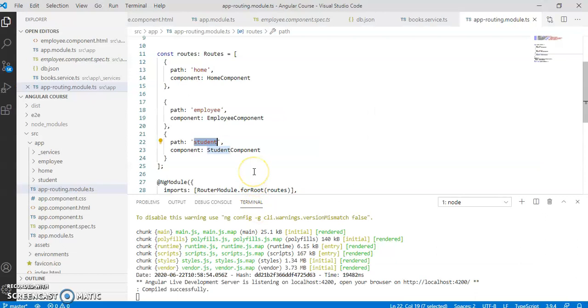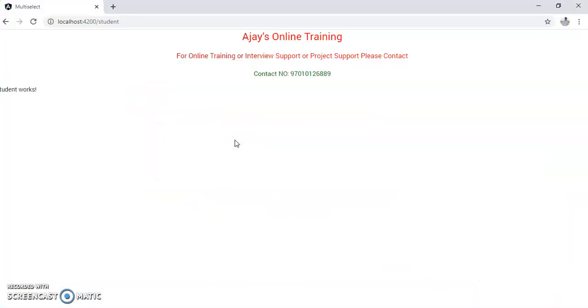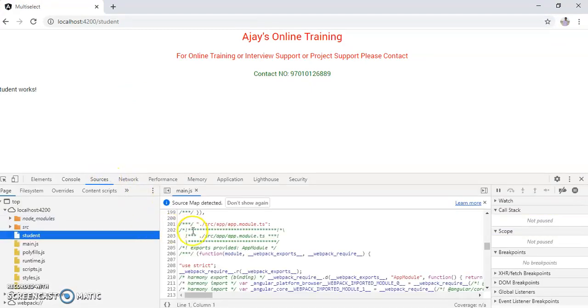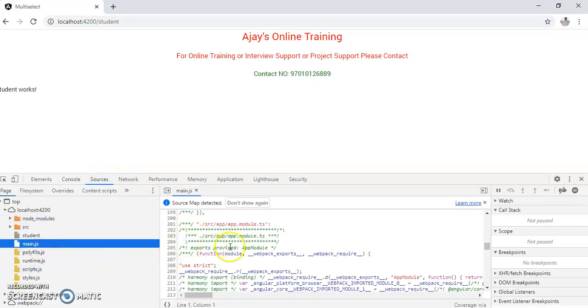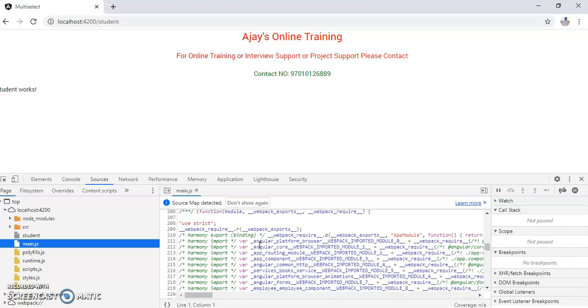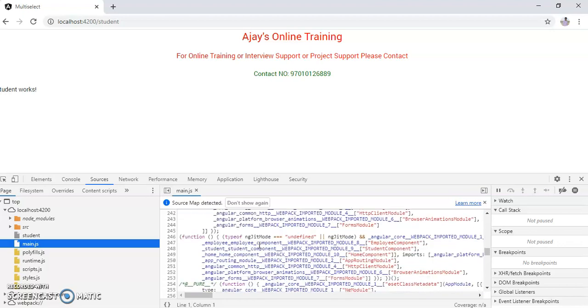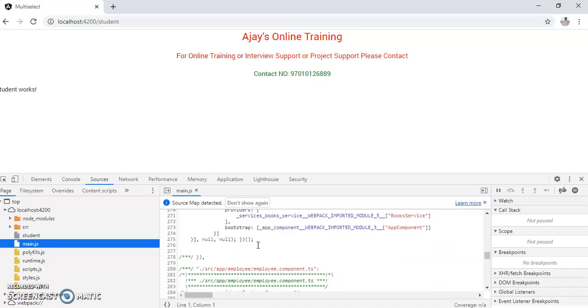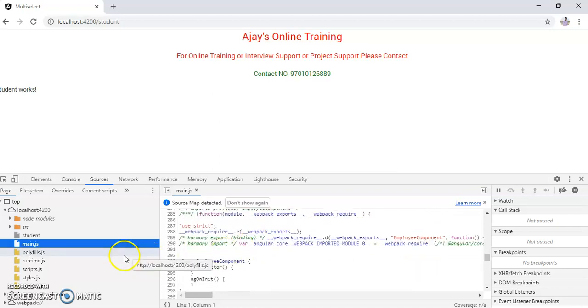So let's say we have 15,000 to 20,000 components in our application. What will happen? As I said in the previous video, main.js is the entry point of an application. main.js loads all the components and renders them as JS files.